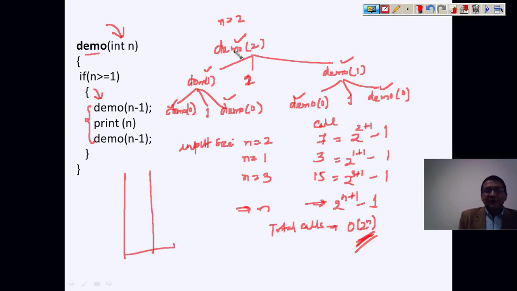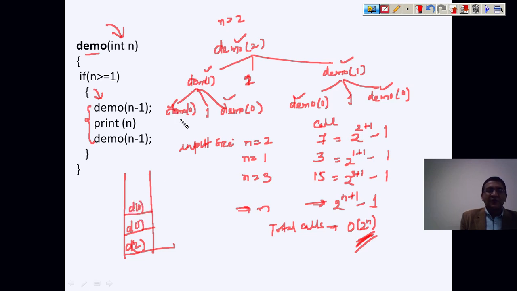So when you make a call to demo2, whenever you make a call you need to push onto the stack, and if it is going to exit you need to make a pop. But this is not meeting the exit condition, so you need to keep the push, and then it will further call demo1. So again you have to push d1, and again it is not an exit condition, so you need to make another recursive call and push demo0.